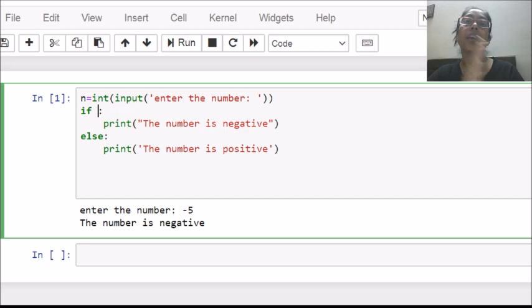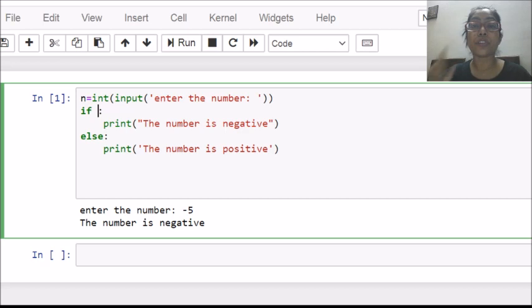I want to check whether the number is divisible by 2. So for divisibility, what are you going to check? For divisibility, we always check the remainder. If the remainder is 0, that means the number is divisible. If the remainder is not 0, then that particular number is not divisible.